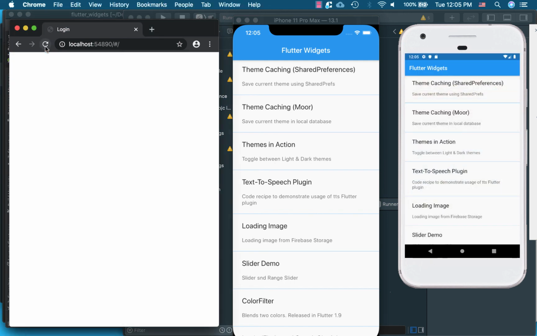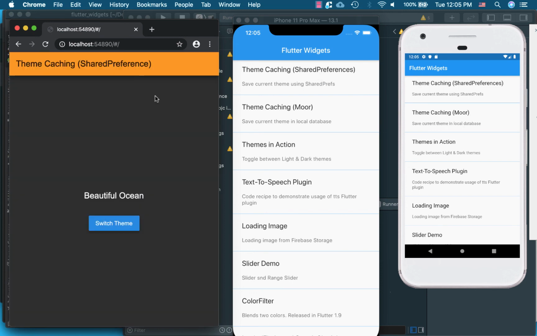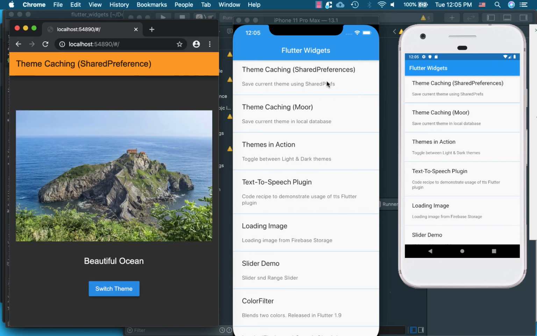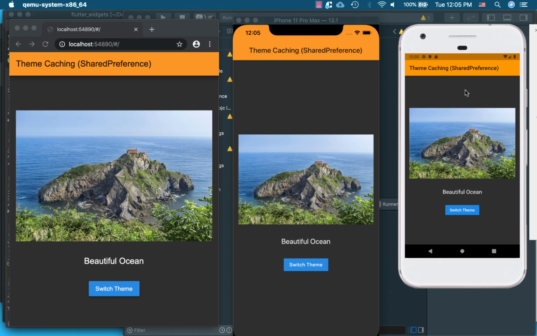Let's see, I reloaded my app using this, so it will take a while to come back. All right, it's right here. So now let's see if it's persisted. There you go, voila, it persisted. Let's see in the iOS and in the Android. Yeah. So as you saw, we ran the same code on all these three platforms, and that works very seamlessly,